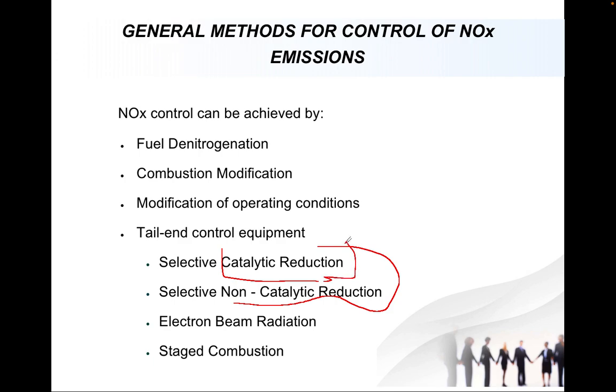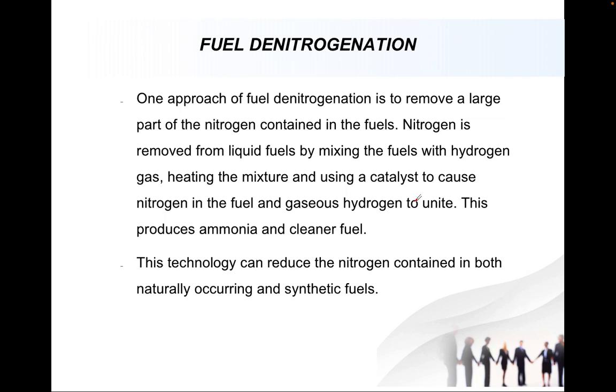In a catalytic converter, there are two types of catalysts present. One is used for reduction of hydrocarbons, and the other is used for reduction of nitrogen oxides. Similarly, those tail end control equipments can be used to control the oxides of nitrogen emission level. Then fuel